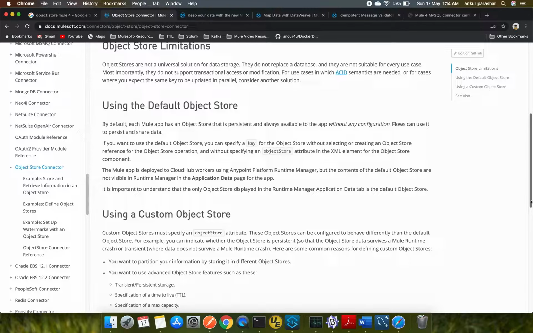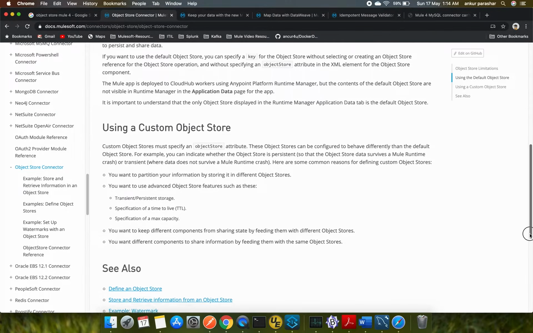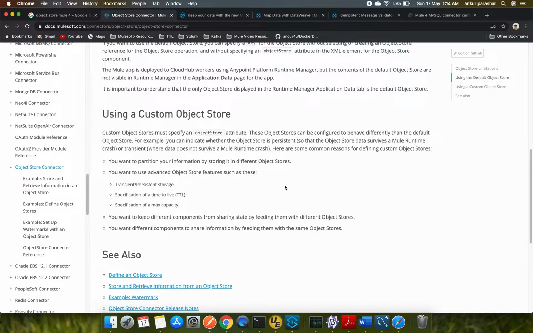In the custom object store, you need to specify some other values, like a partition if you want to store data in different object stores, and how you want to use it, whether it is persistent or in memory, that is transient, what the expected time to live, TTL, is, and what the maximum capacity is, that is the maximum number of entries or keys for a specific app.